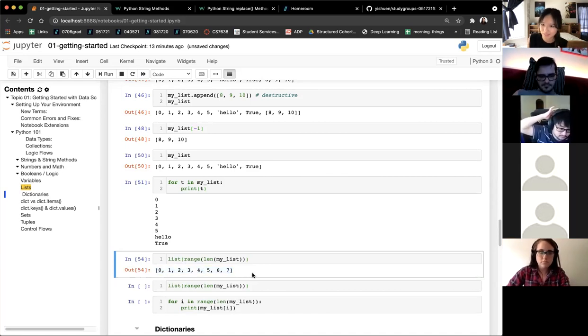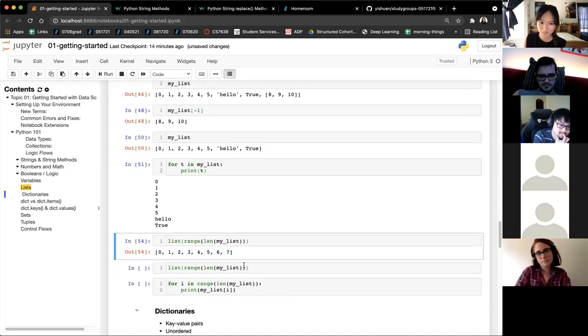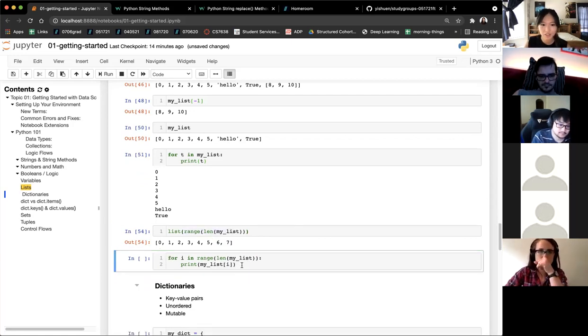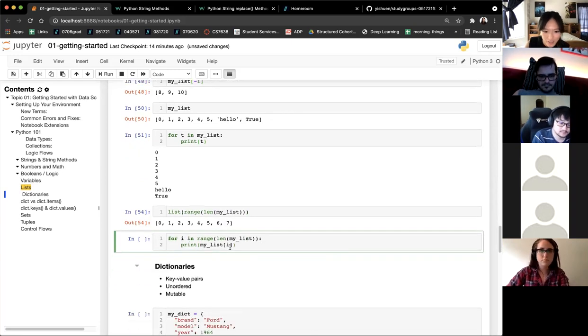So sometimes you would prefer to do this. We'll see some specific examples in the coming topics, but this is a pretty common thing. Instead of iterating through the actual elements, sometimes you want to iterate through the position of the elements. That's where range length comes in handy. So we have list range length. This is redundant now, but if we take a look at this, for i in range length my list,